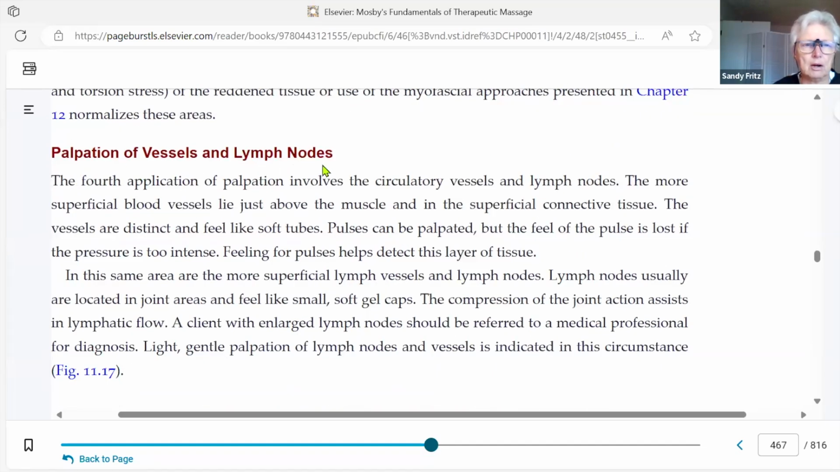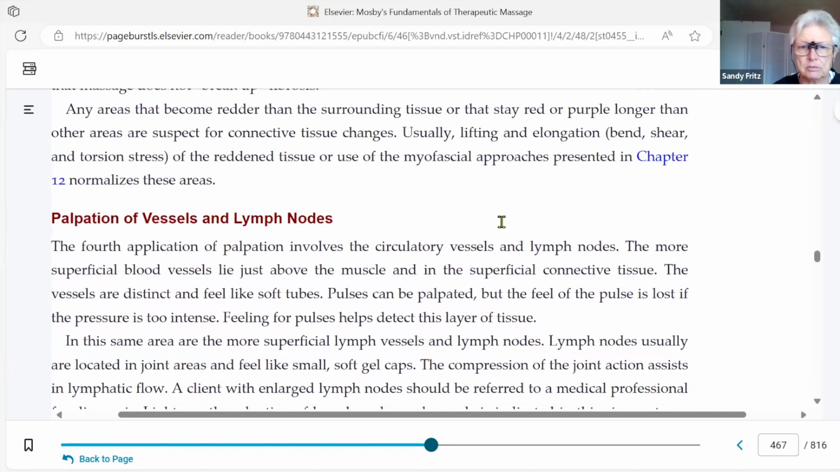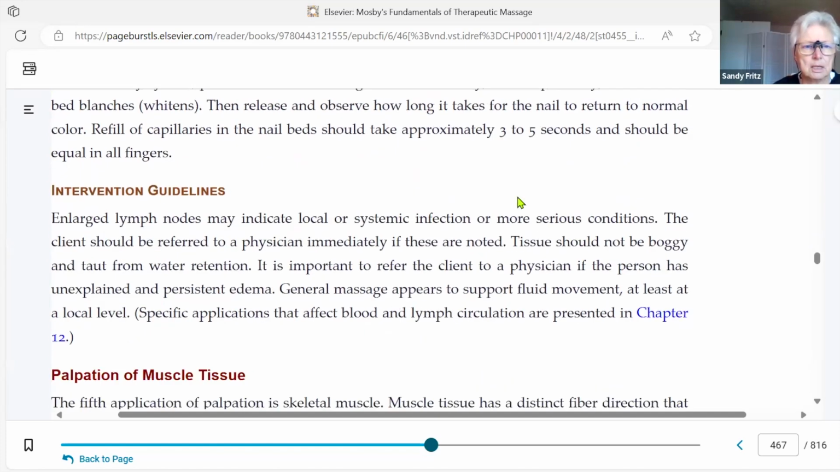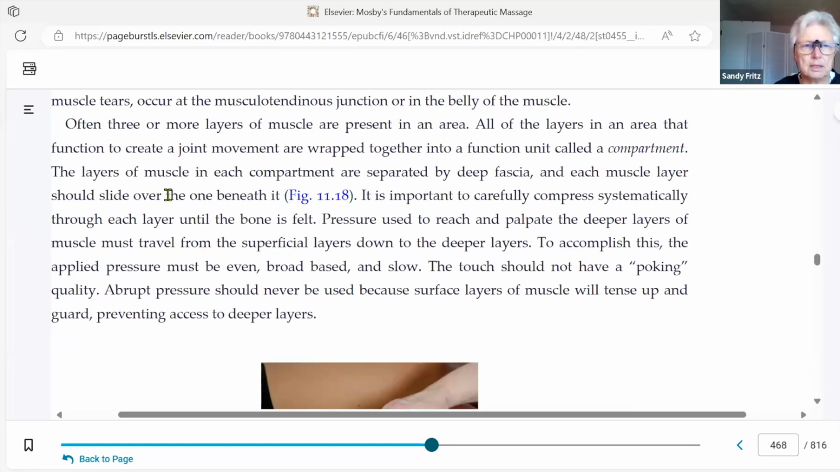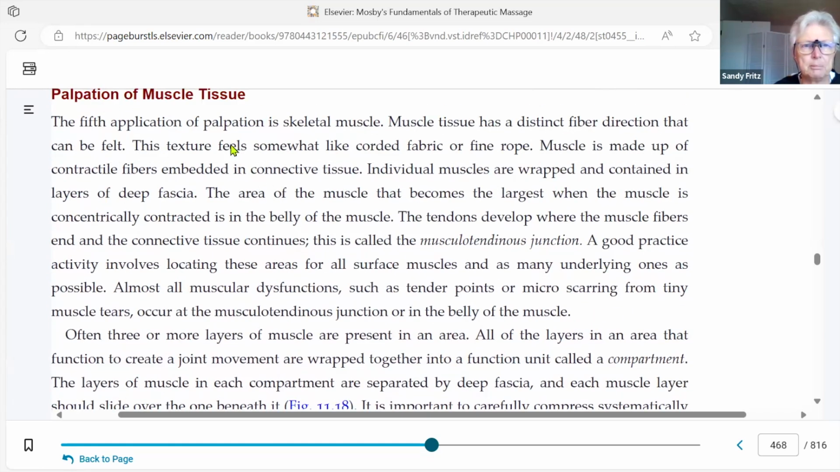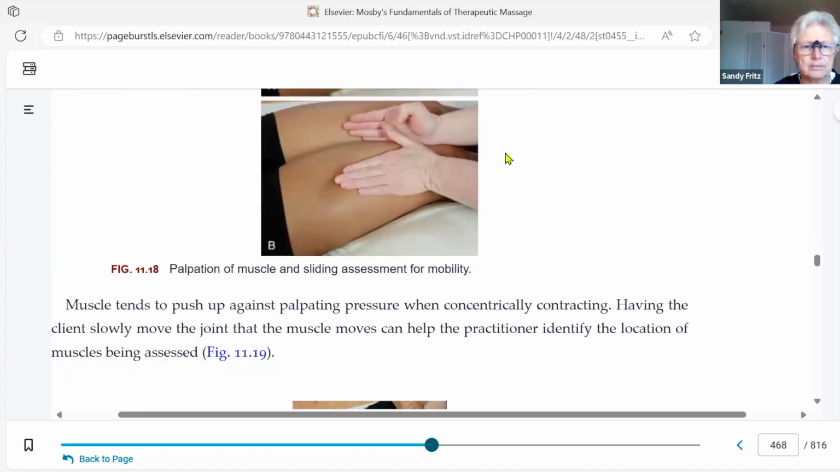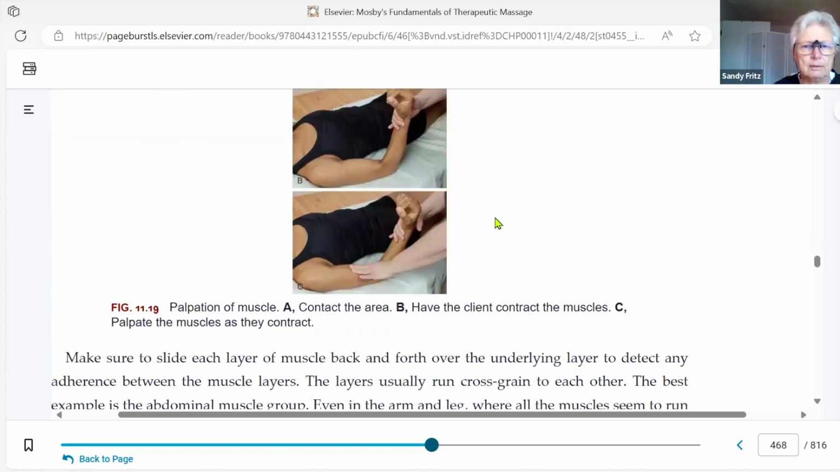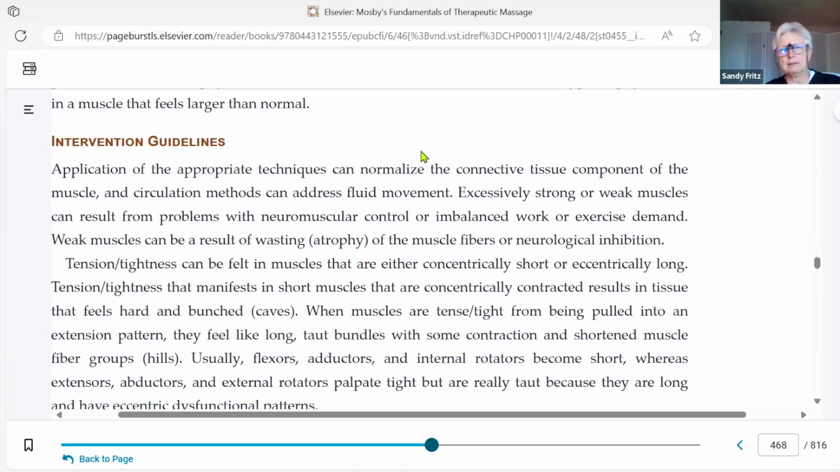And then we've got our lymph nodes and vessels and muscle tissue. In your essential science book, it gives you a lot of guidelines and examples of how to palpate muscle tissue. You want to make sure layers slide back and forth. This is where we might introduce some muscle testing as well for strength and the integrity of communication between the nervous system